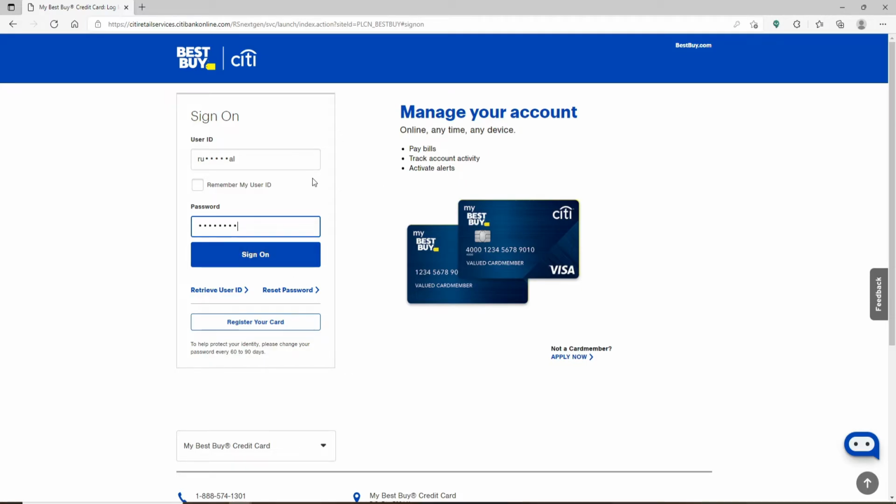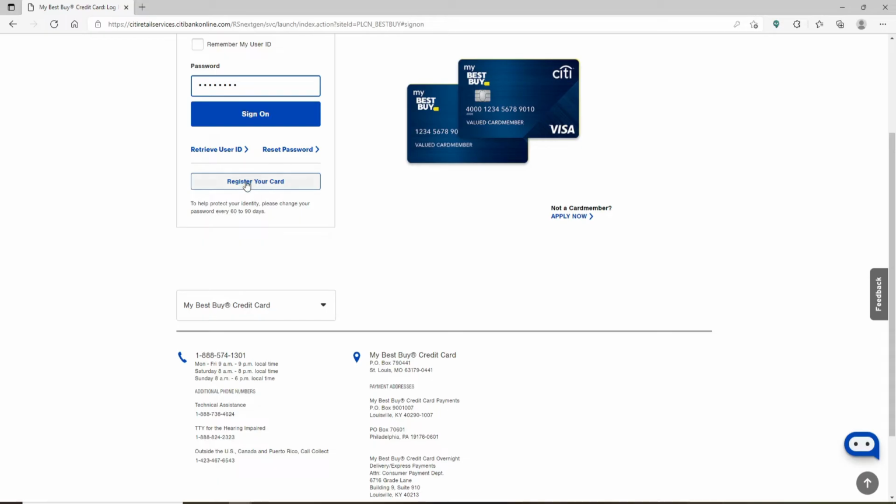In case you don't remember your user ID, then you can simply click on this Retrieve User ID link and follow the instructions to look for your user ID. Similarly, if you've forgotten your password, click on this Reset Password link and follow the instructions. If you've not registered your card yet, you can click on this Register Your Card and follow the instructions to